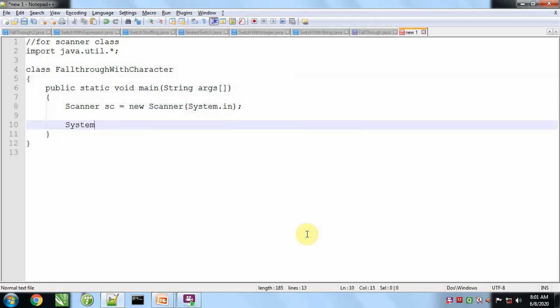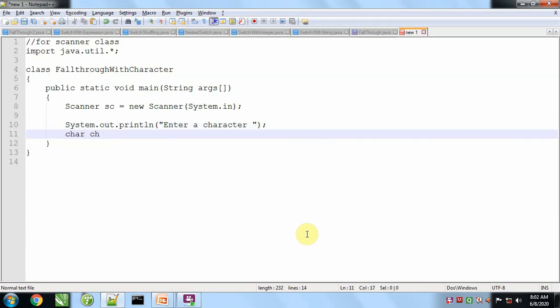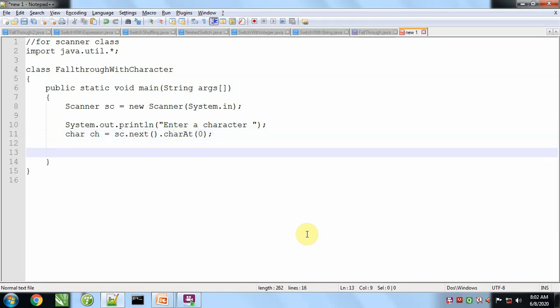Now we'll ask the user to enter a character. We will read this character in the ch variable. Like this I read a character.